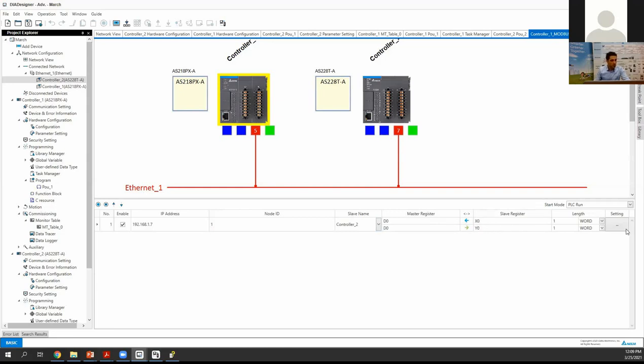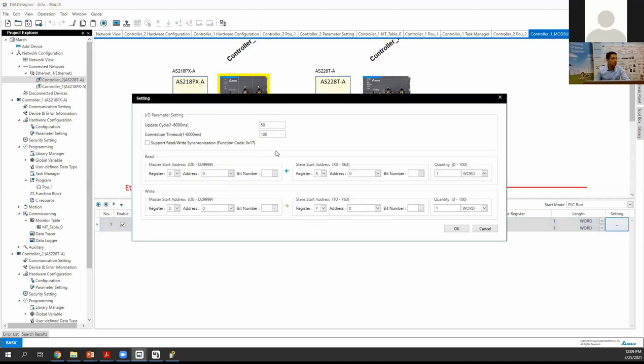So you can use this table, or you can go to settings to make additional advanced settings. It is the same as ISPsoft. Here we can choose if the slave supports function code 17 or not. Then let's choose, for instance, D. Let's get the value from D200 to D100,